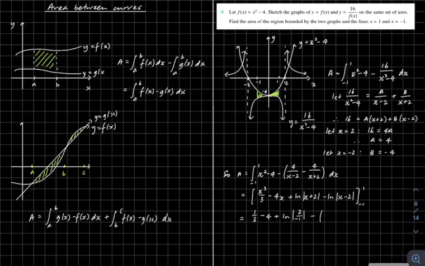Take away negative 1/3 plus 4 plus natural log of, so subbing in negative 1, that's going to give us positive 1 there,